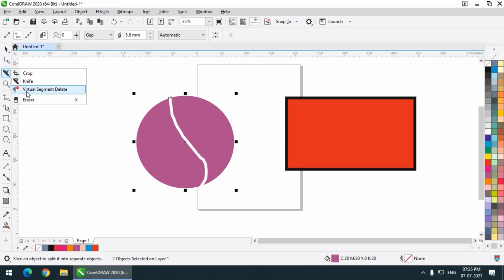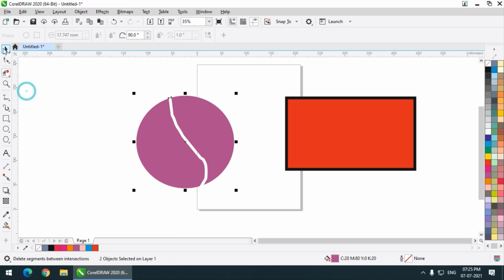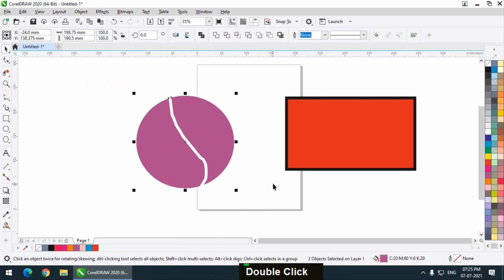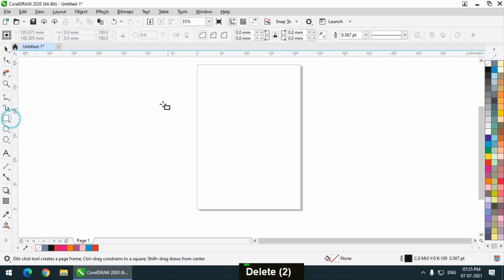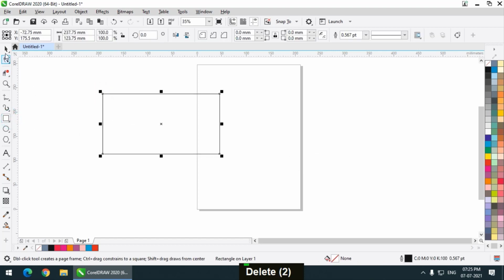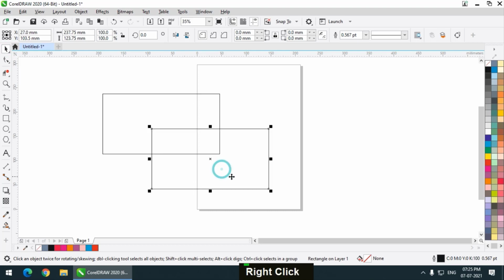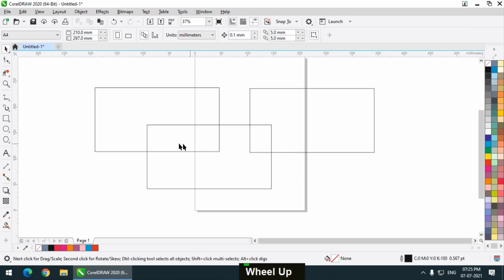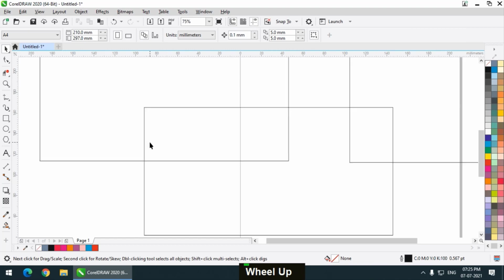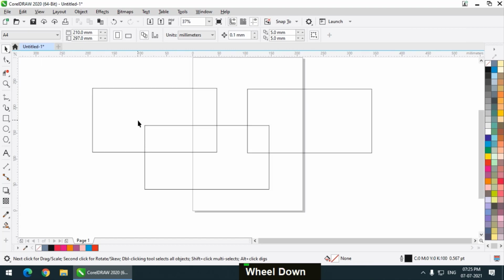After that we have the virtual segment delete tool. So what do we mean by segments? First we have to explain it. Let's say I create some rectangles, I will copy this, again I will copy this. This particular area which is intersected by another rectangle is an intersection, and again this is an intersection.